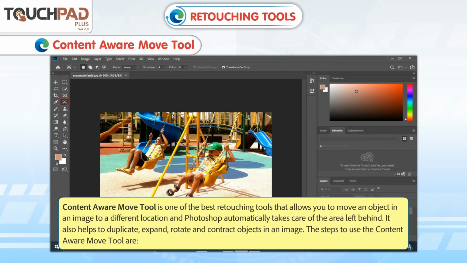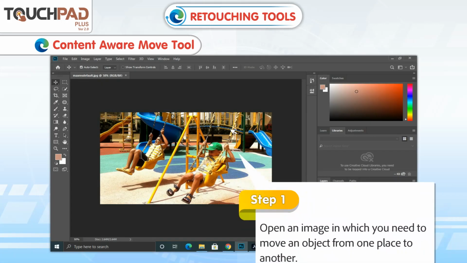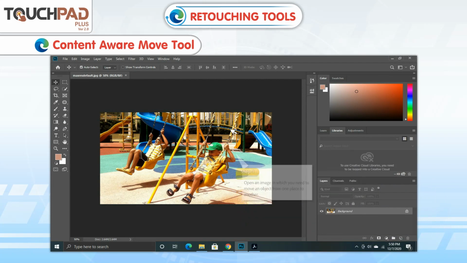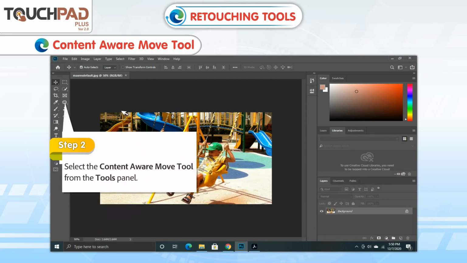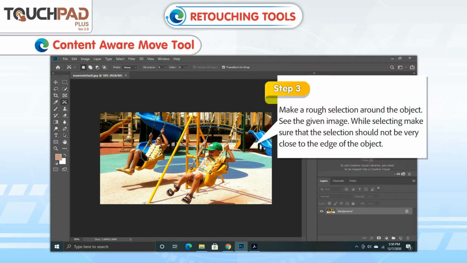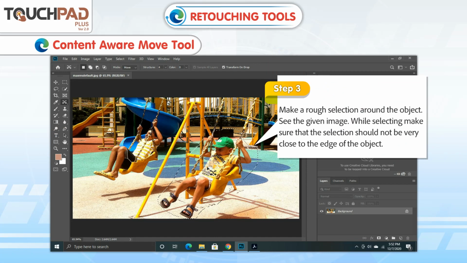The steps to use the Content-Aware Move tool are: Step 1. Open an image in which you need to move an object from one place to another. Step 2. Select the Content-Aware Move tool from the Tools panel. Step 3. Make a rough selection around the object. See the given image. While selecting, make sure that the selection is not very close to the edge of